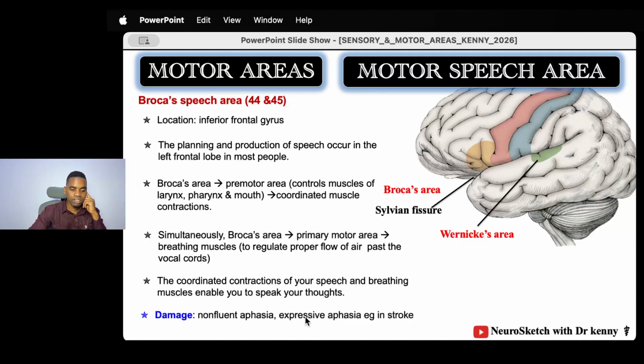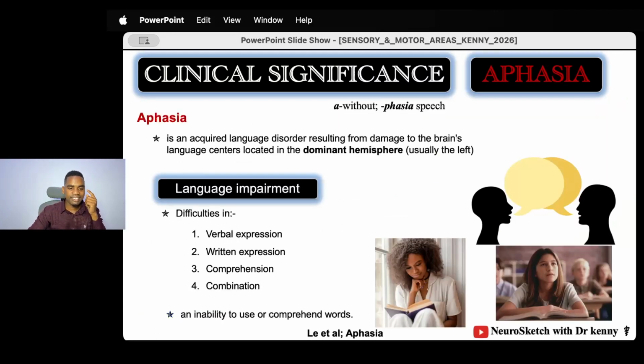Broca's aphasia is also known as expressive aphasia, because Broca's area helps you to speak your thoughts, and if you have damage to Broca's area, you will not be able to speak your thoughts. You will not be able to express yourself. This is why it's called expressive aphasia. We're going to emphasize it a little bit here, and we have a clinical significance which is called